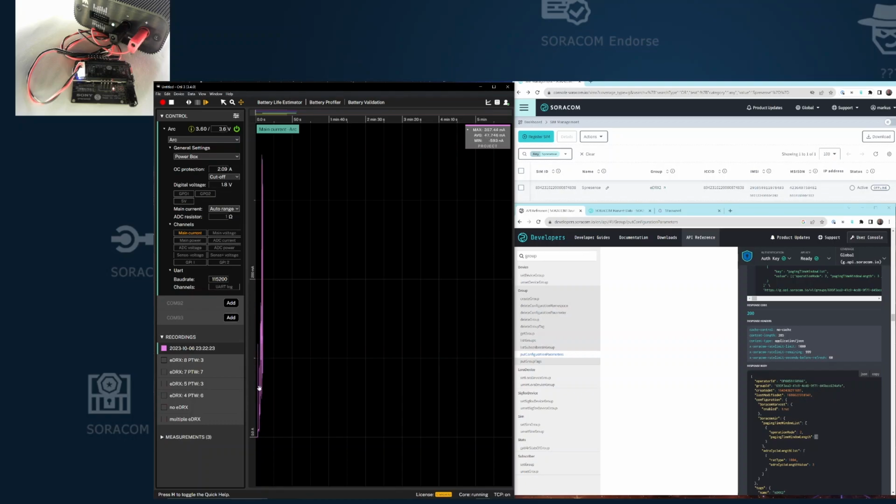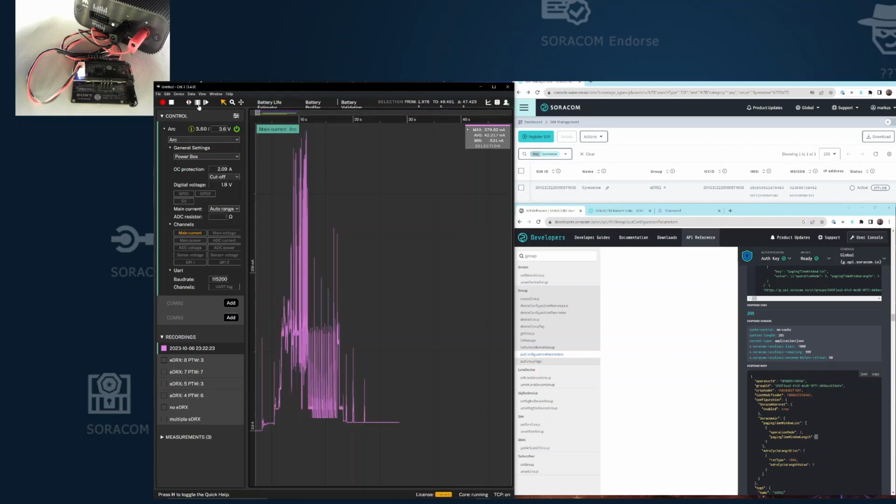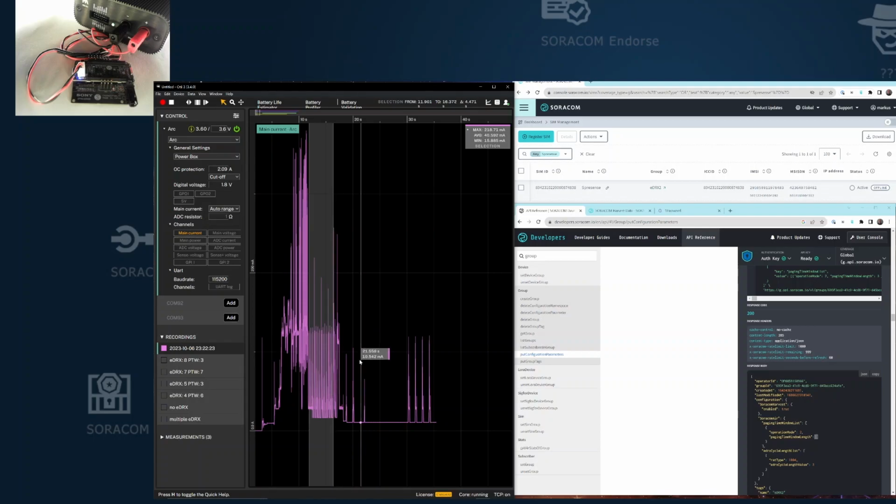Now we see that the device is starting. With these controls I can mark an area, for example, and extend it and shrink it. Okay, device is started. This is the connected DRX phase,